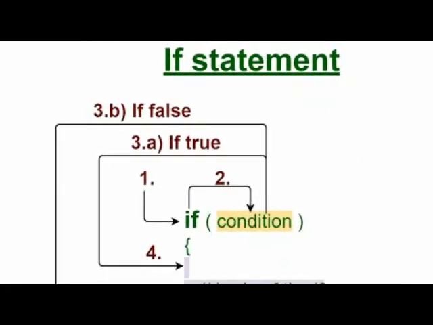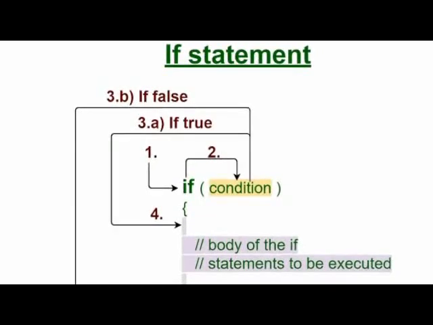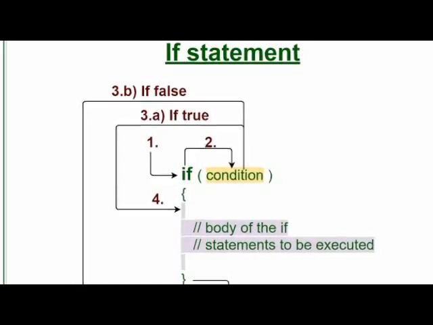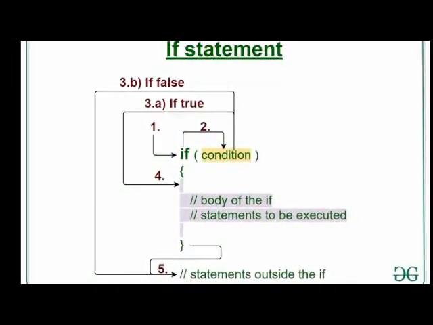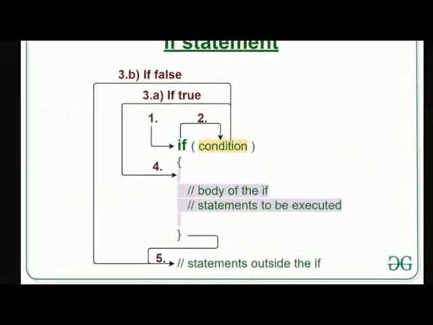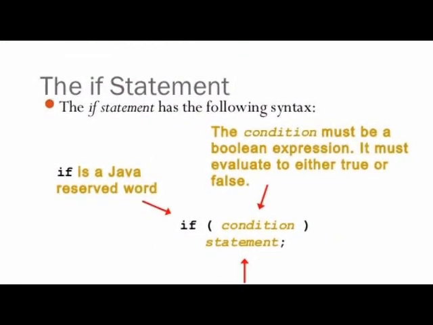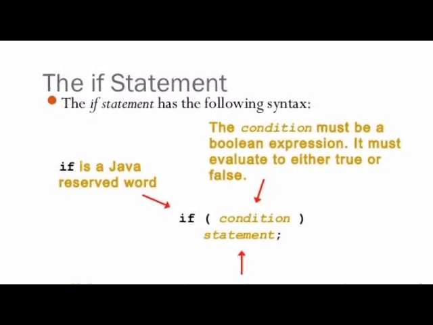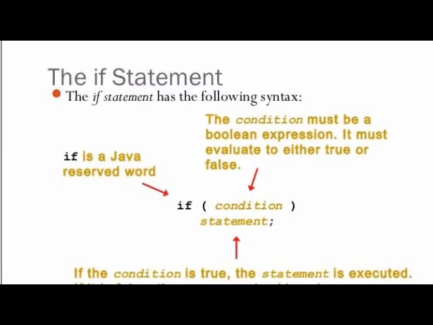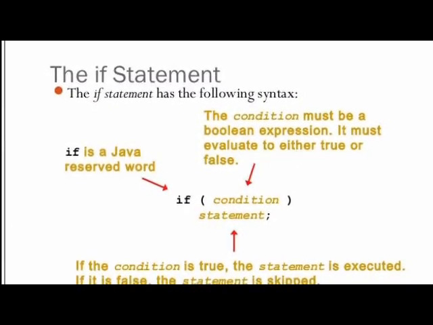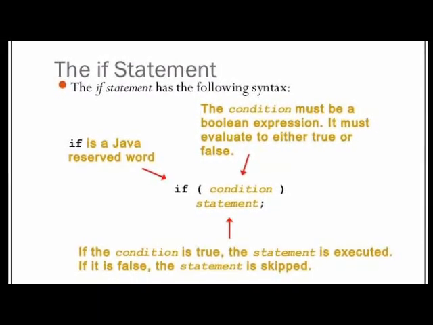As I showed in this data flow diagram, first we use the if keyword, then second we check the condition using a relational operator. If the condition is true, then the statements will be executed. In the if else statement, if is a keyword, then we can use a condition using a relational operator. It will be true or false. If it is true, then the remaining statements will be executed.